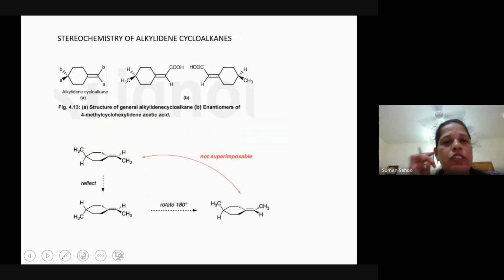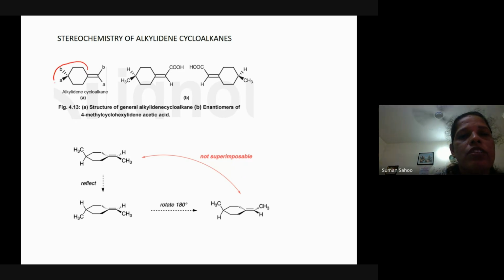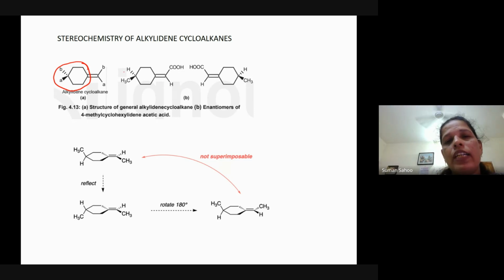Next, you could also have alkylidene cycloalkanes. Alkylidene cycloalkanes are nothing but like your allene compounds. You have just substituted a cycloalkane ring in place of a double bond. So alkylidene cycloalkanes can also exist in different enantiomers, and they are resolvable. Resolvable means you can separate them, or you can have different isomers if you have different substituents present there. So you can also assign